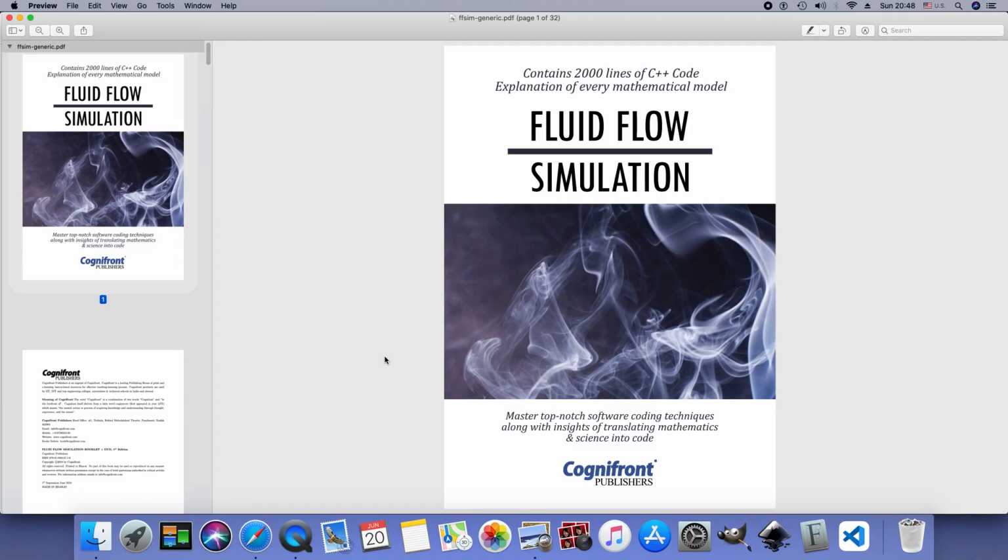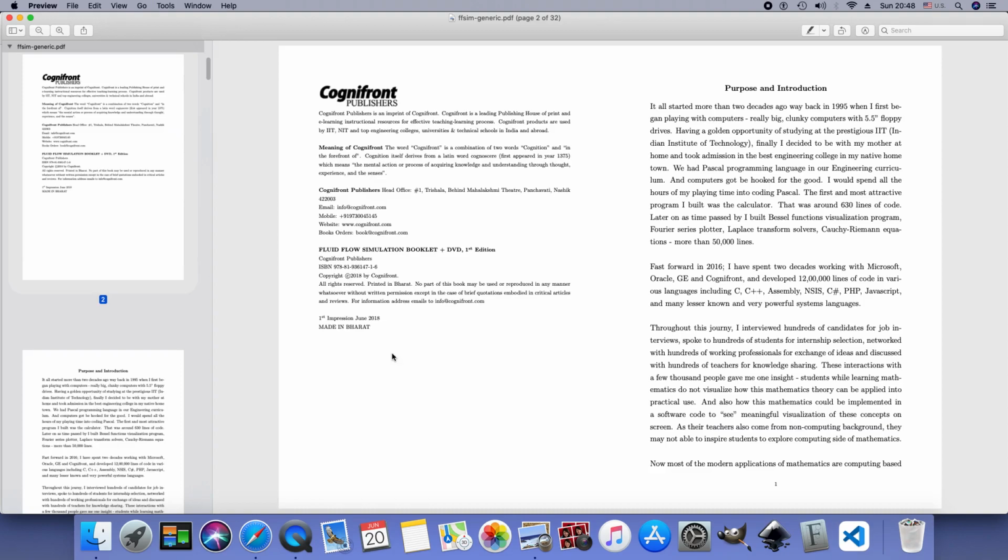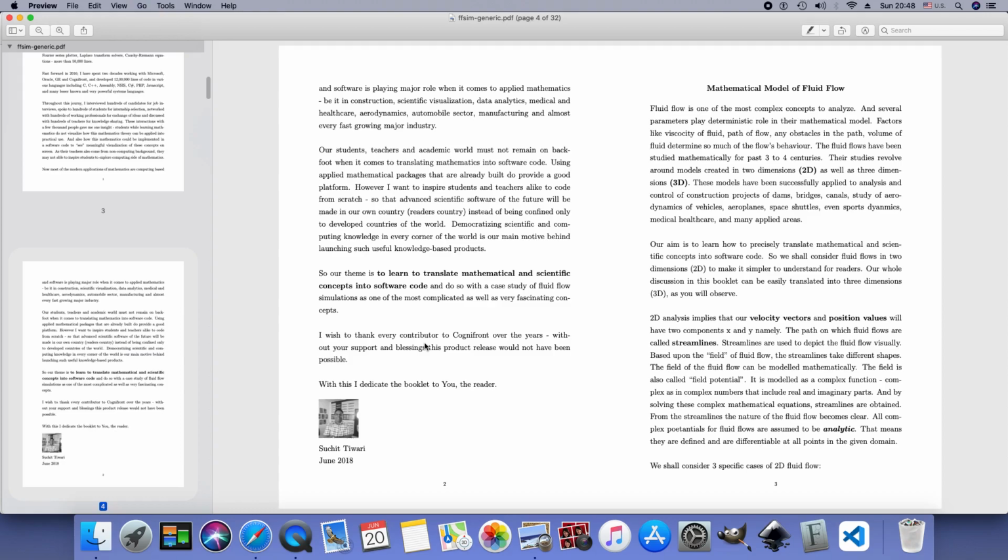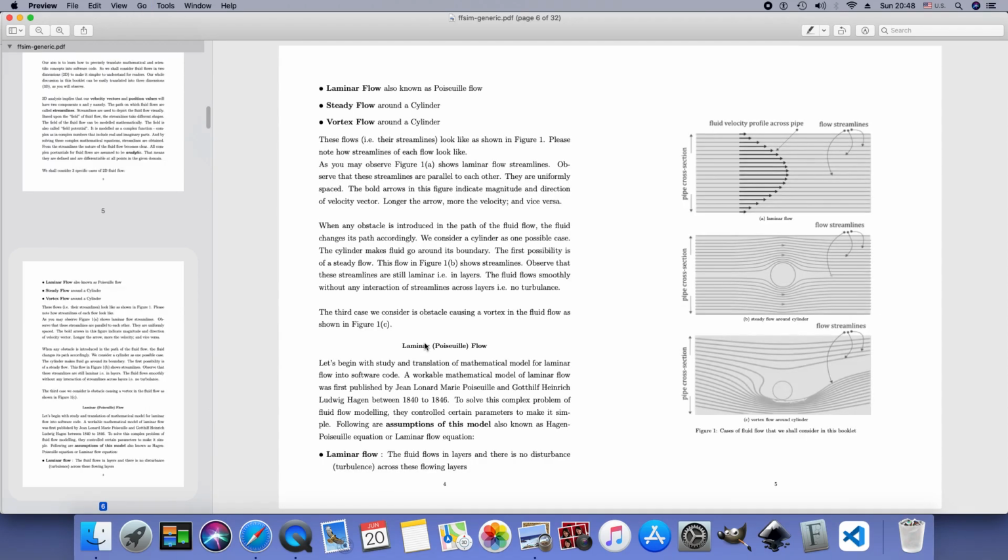This product comes with a booklet and a DVD. DVD as in the software, now shipped online. It is written to inspire students and teachers alike to build their own simulations natively, on their own and from scratch. So the fluid flow simulation booklet starts with identifying the mathematical model of a fluid flow, which is essentially a